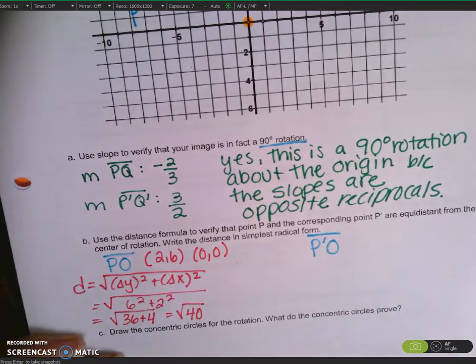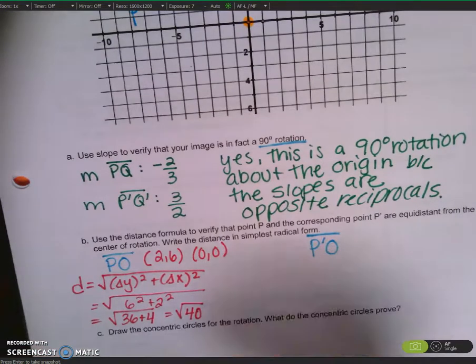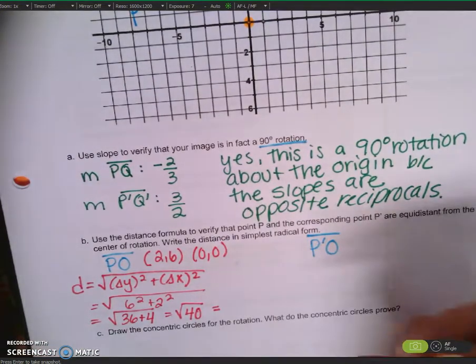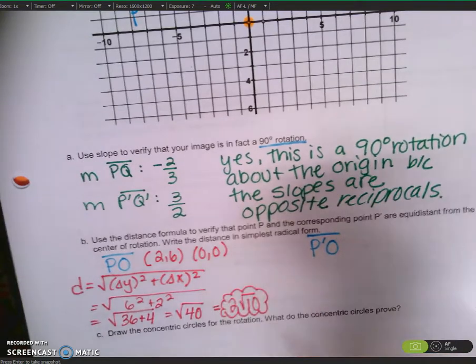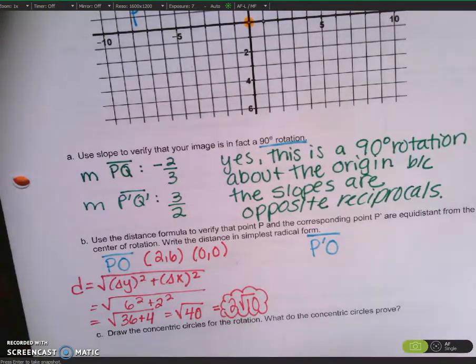But no one leaves their answers in unsimplified radical form. What's a perfect square that goes into 40? 4. 4 times 10. Pull out the 4, it becomes a 2. 2 radical 10. So in order to prove that they're equidistant, I